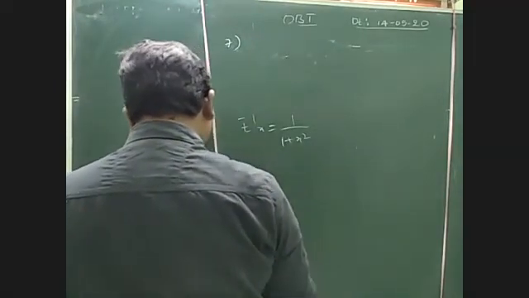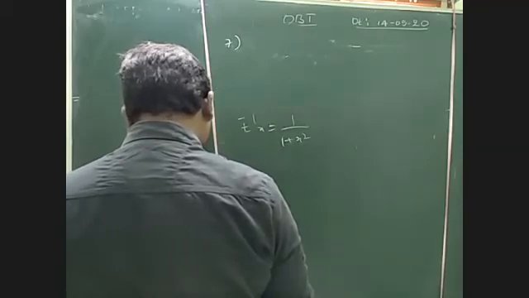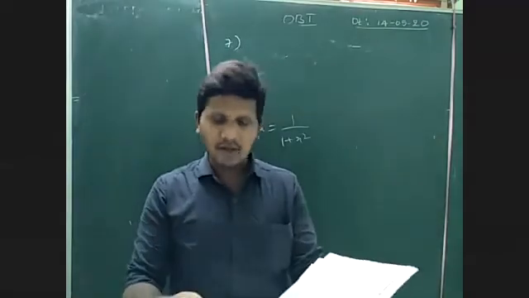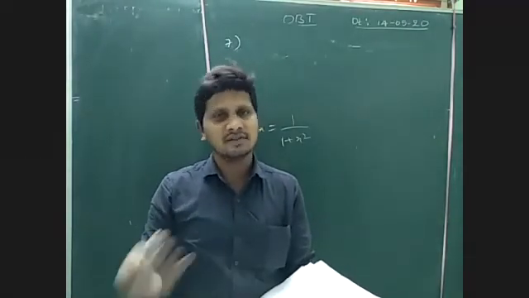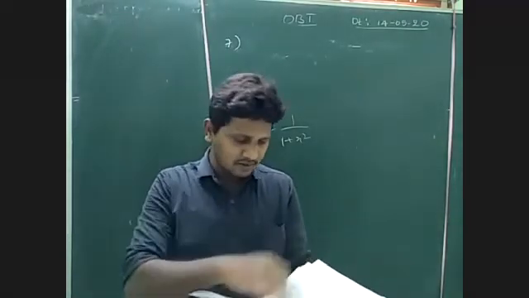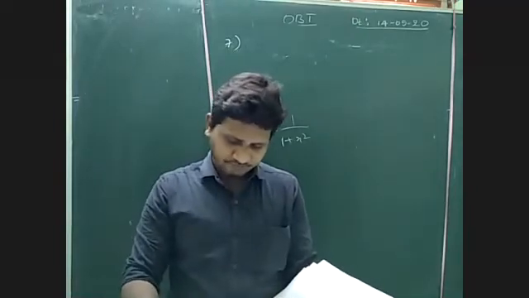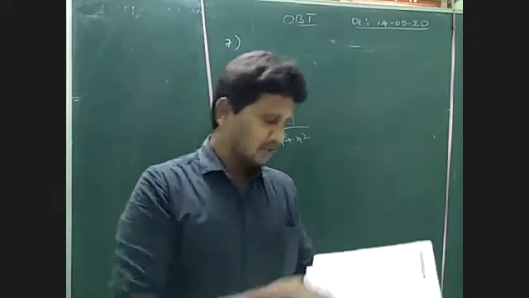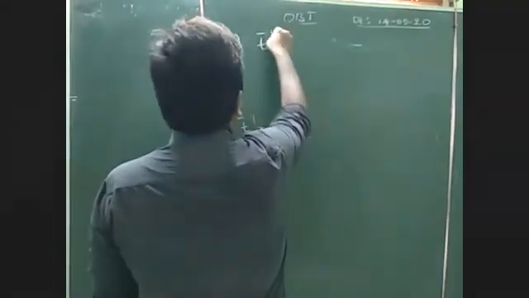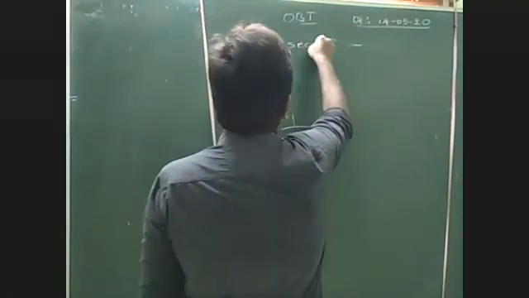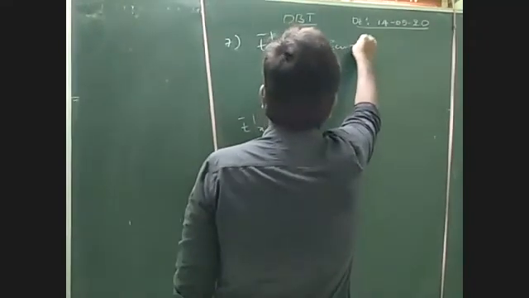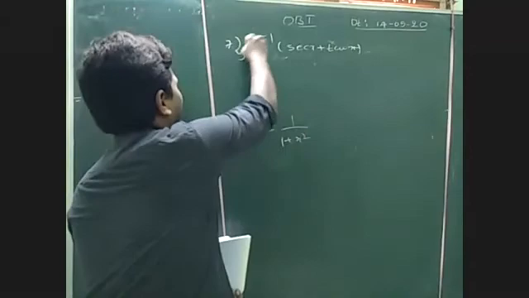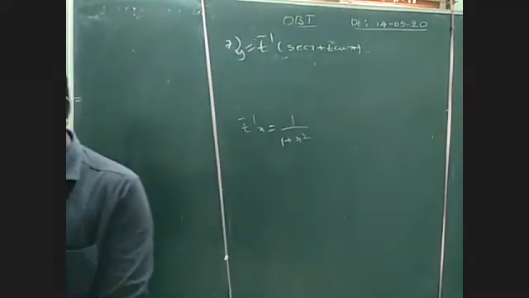6th question we will get the answer directly, 1, because the 6th question is tan inverse of cot of 90 minus x. Cot of 90 minus x is tan x. Tan inverse tan cancels, then we get x. The derivative of x is 1. 7th question: tan inverse of secant x plus tan x. Then what is dy by dx if it is y? What is the answer?